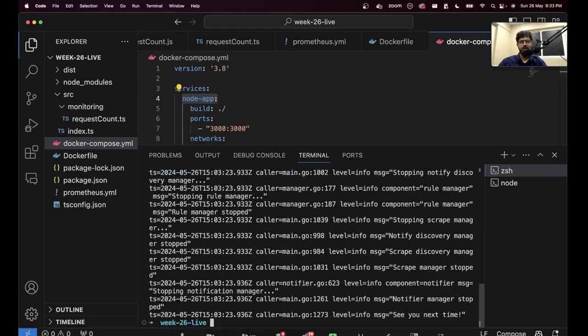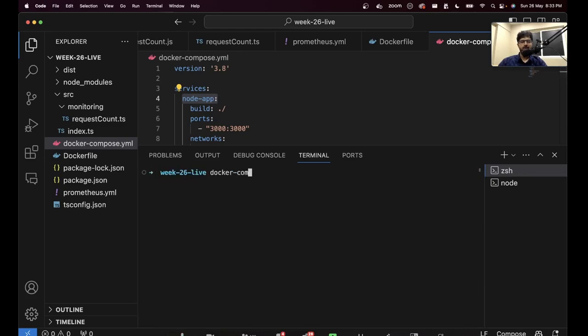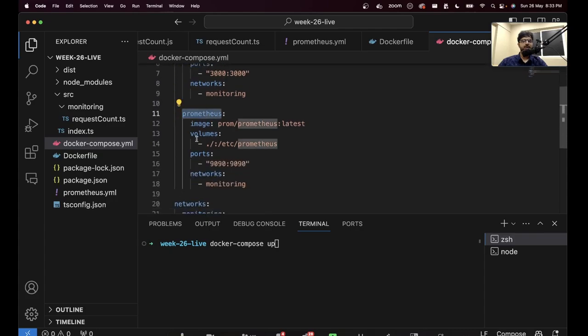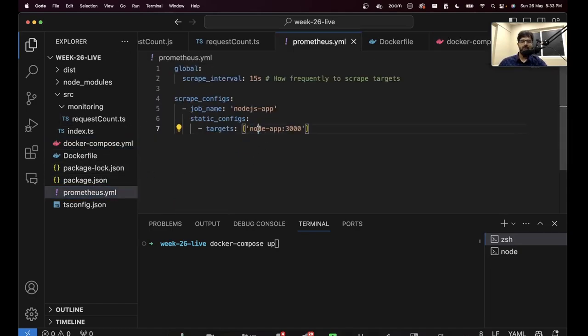If I run this now, docker-compose up, what does this command do? This command will start both the services. It will start the Node.js application. It will also start the Prometheus application. And I have already said, keep prometheus.yaml. This is where you will find your target. This is where you will find the metrics that you're trying to find. If I do Docker compose up,